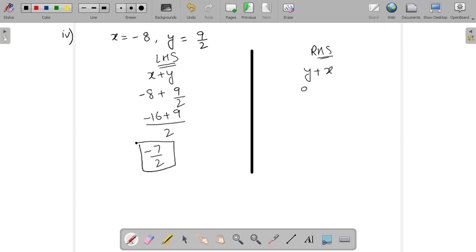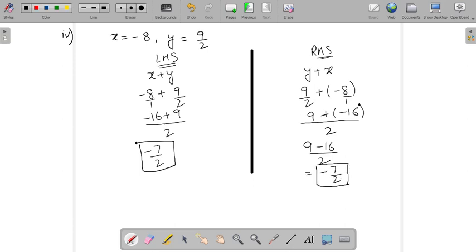Here the y value would be written first and then you will write the x value. Now take its LCM, divide from below, and while doing the division, here it is 1. Same way in this also it is 1. So divide from below, multiply on top. Now open the bracket, 9 minus 16 upon 2. So it would be minus 7 by 2. Again if you observe, LHS equals RHS, hence verified.